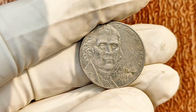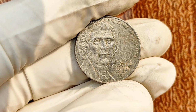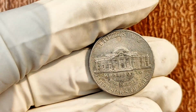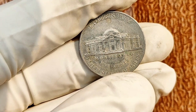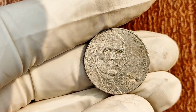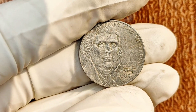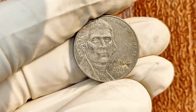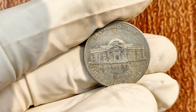Now, here's the million-dollar question: how do you know if your 2006 Jefferson nickel is one of these prized rarities? Start by grabbing a magnifying glass and inspecting the details. Pay special attention to the lettering and the Monticello building. If you notice doubling, irregularities, or anything that seems off, you could be looking at a hidden fortune. And don't underestimate the power of professional grading. Getting your coin authenticated by organizations like PCGS or NGC can be the difference between a modest payday and life-changing